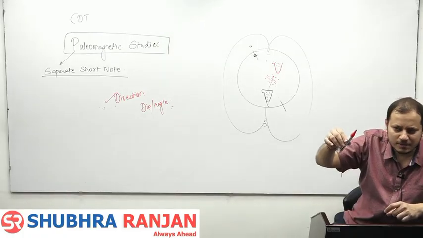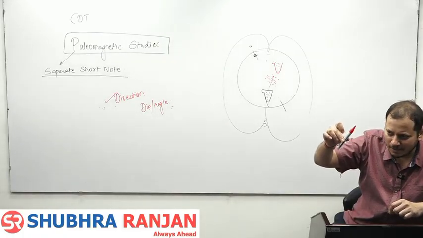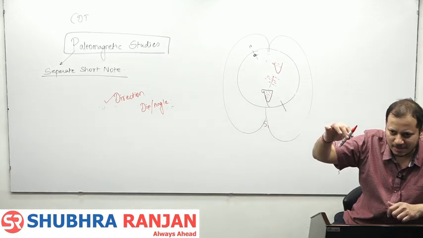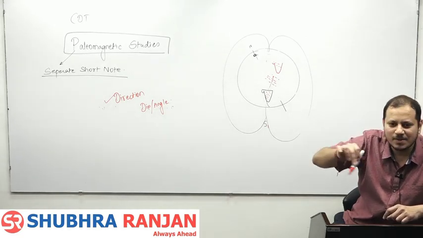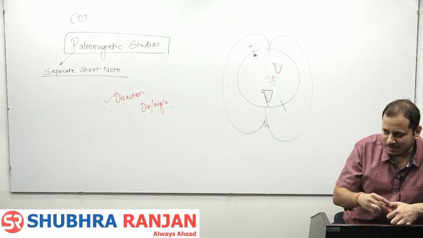Then whatever volcanic rocks there are in Barren Island, they will now freeze not in this direction but in the opposite direction. Getting it? So this is what paleomagnetism or geomagnetism is. See, remember,